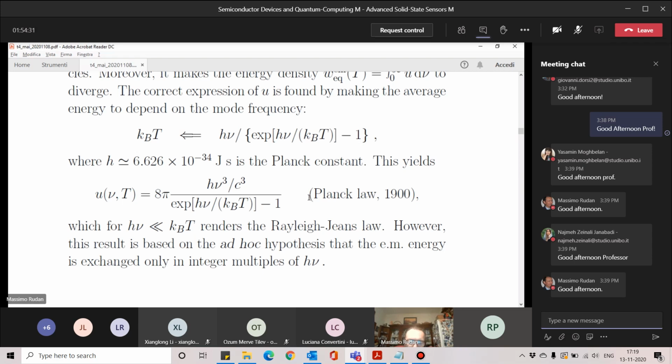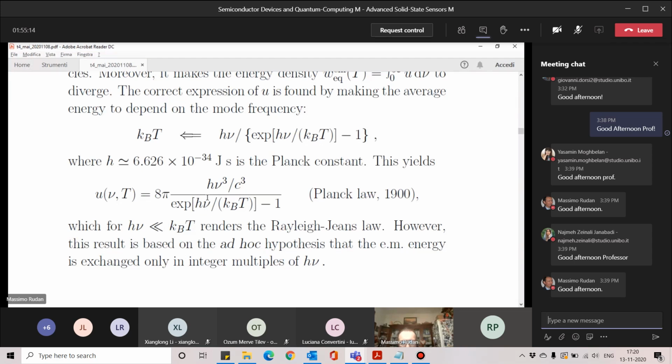And this formula perfectly fits the experiments. So all the experimental curves of the black body are exactly described by this formula here, that, as you can see, contains frequency, temperature, and universal constants that are h, c, and kB. But also, we can see whether this formula becomes the Rayleigh and Jeans law at low frequency, and actually it does, because